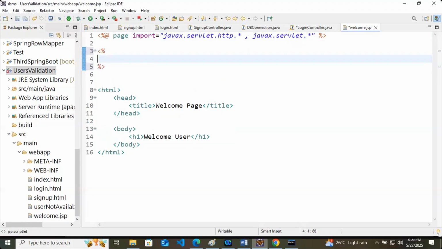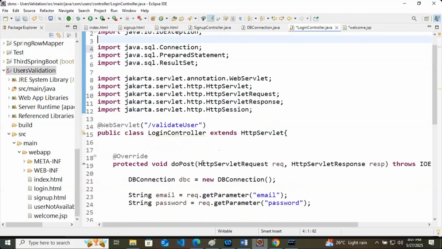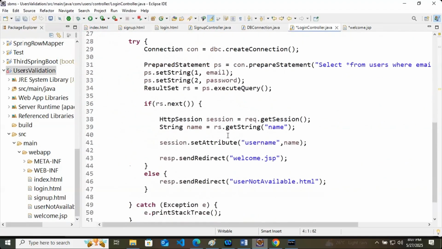Now inside this JSP tag, I will say String username. Now who is sending the username? Session. So here I will type session dot, in the login controller you are doing session dot set attribute.